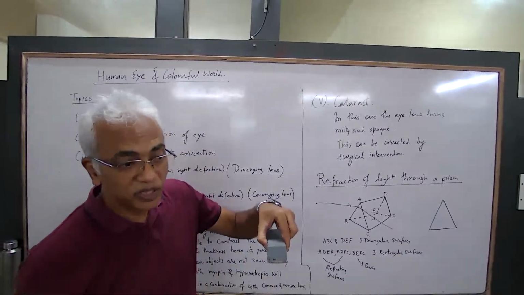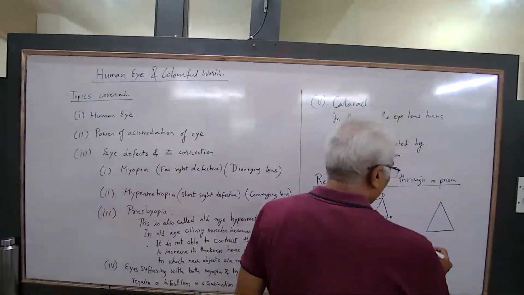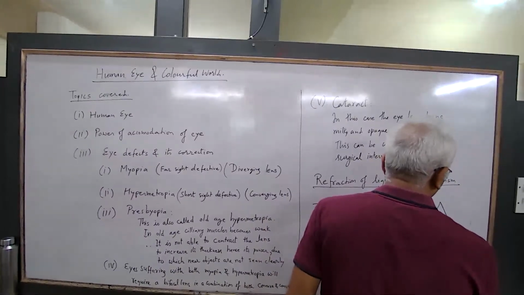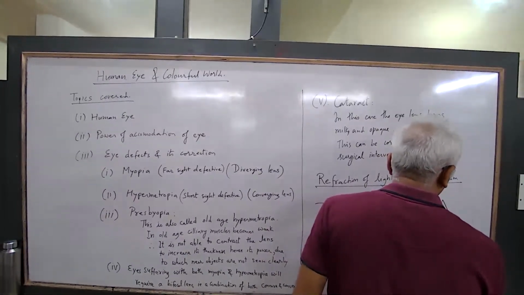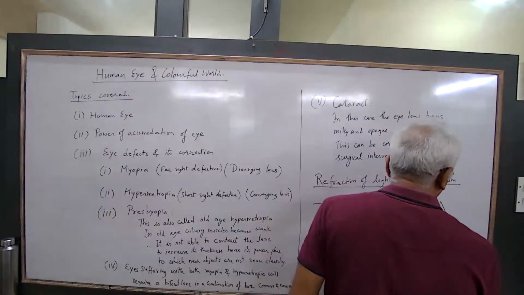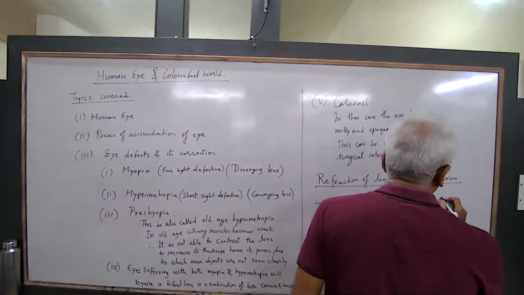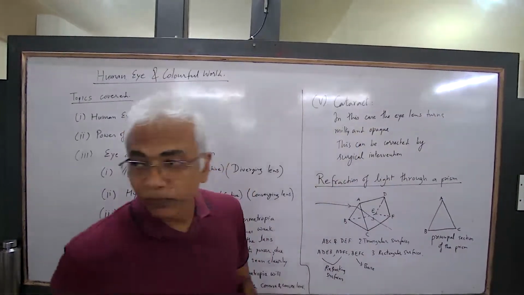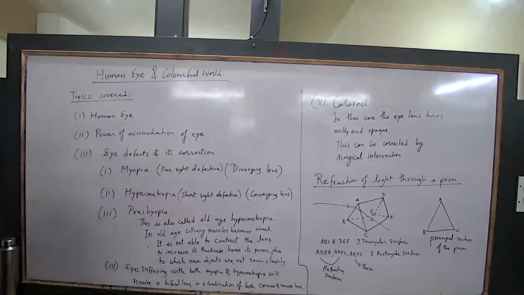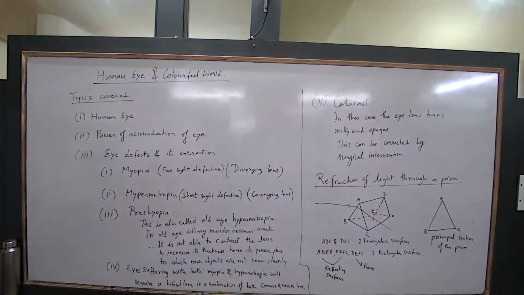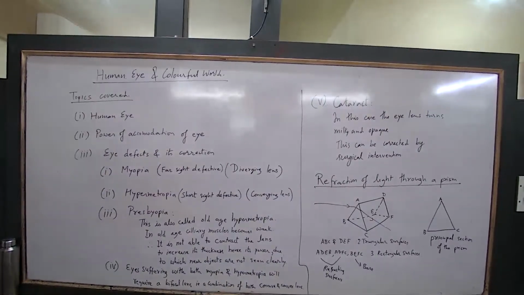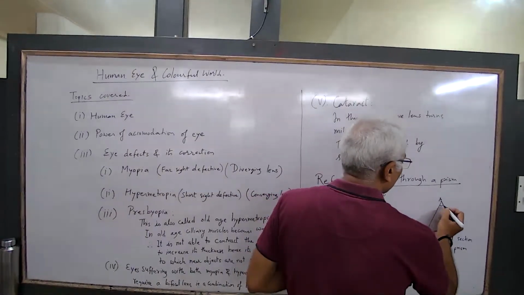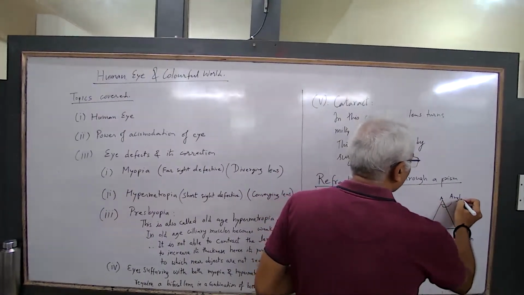It is called the principal section. So only the principal section of the prism is used in the ray diagram. Is that clear? And this angle is called angle of